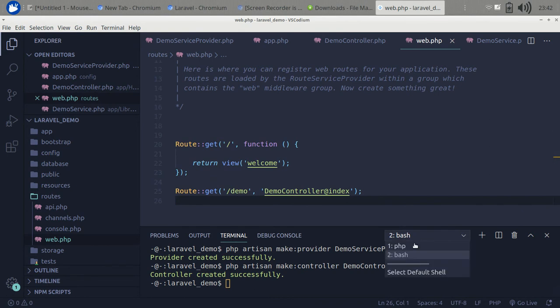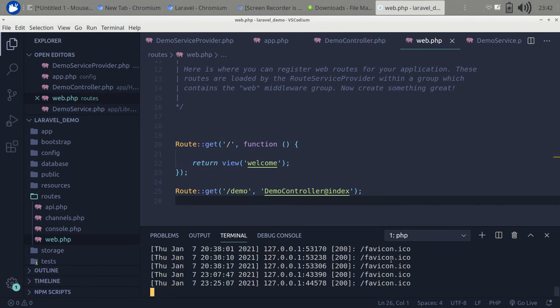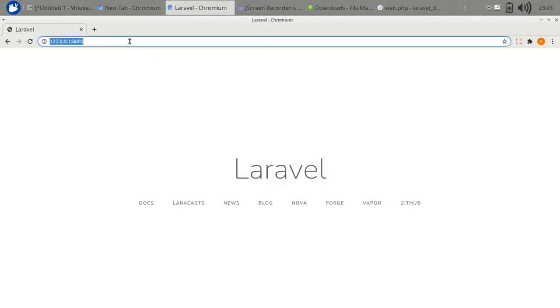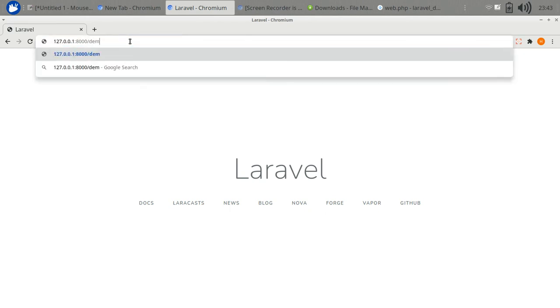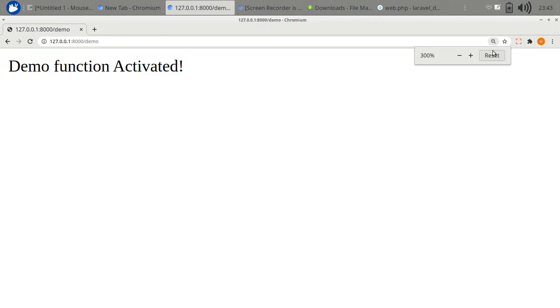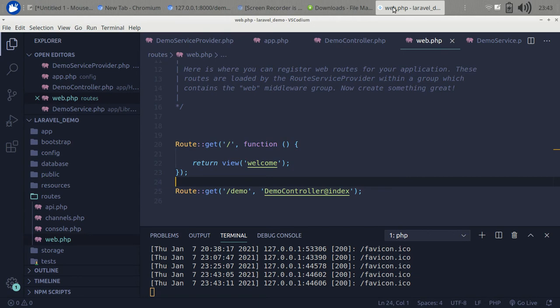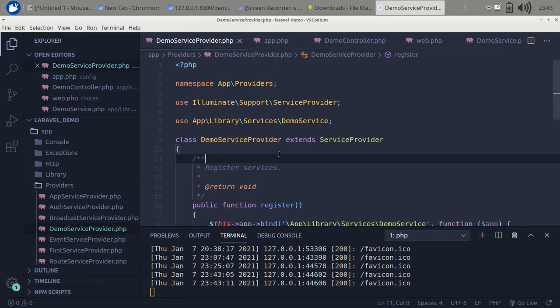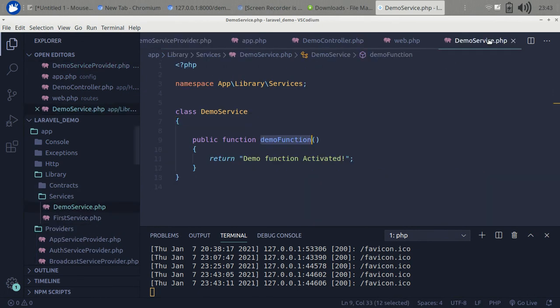So our server is running, and let's check it out. Yeah, let's go. Demo function activated. Okay, so it is working. So we have created a service provider, and for that we have created our service class